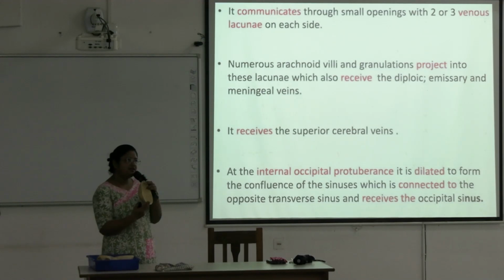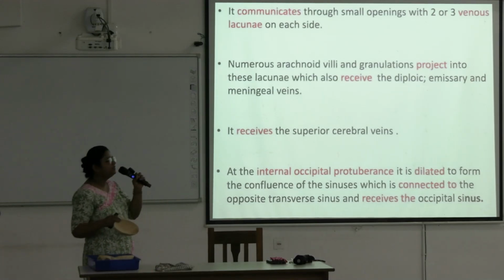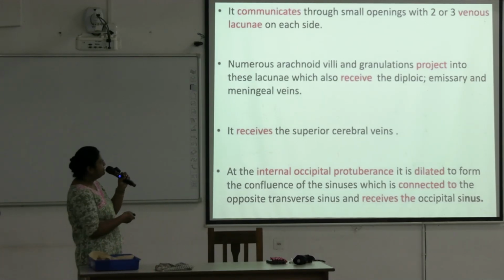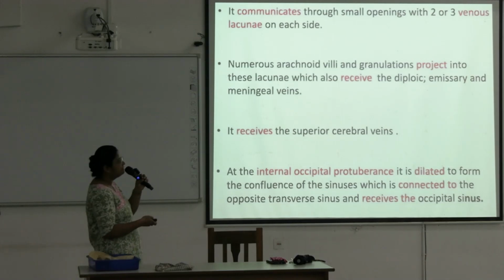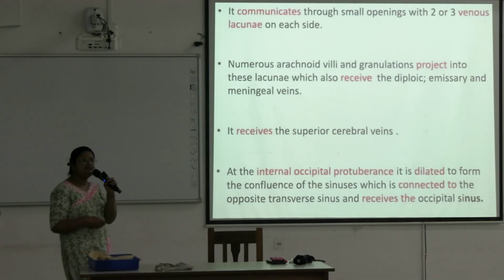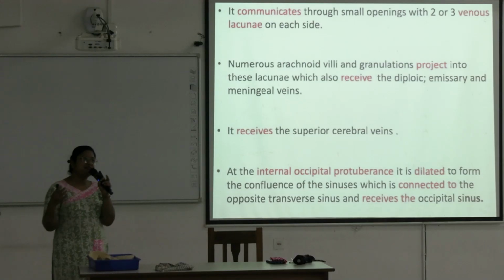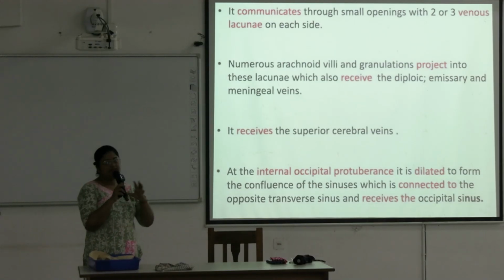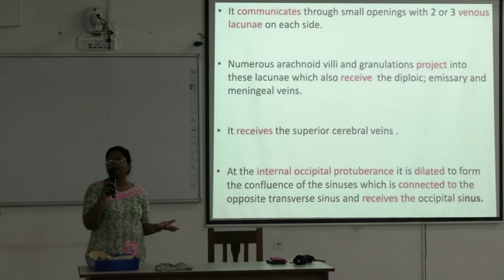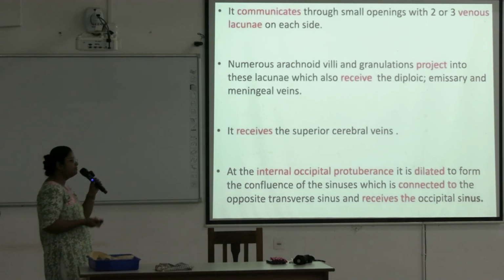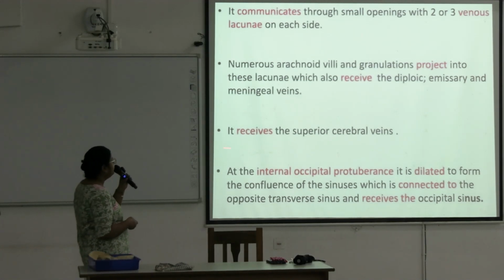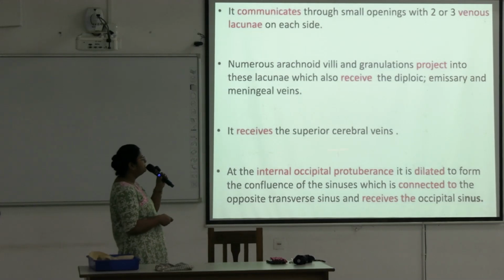So they also drain into this superior sagittal sinus. Emissary veins are passing through foramen lacerum, foramen spinosum like this. Also meningeal veins. Meningeal veins are supplying the meninges, 3 layers of the meninges, dura mater, arachnoid mater, pia mater. Okay, so all these are draining into the superior sagittal sinus,